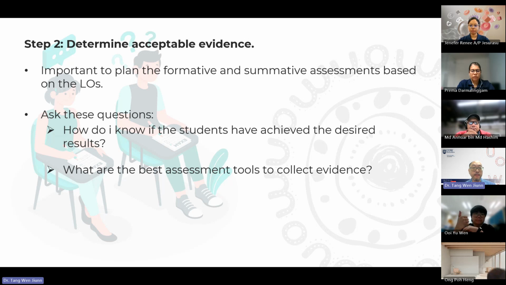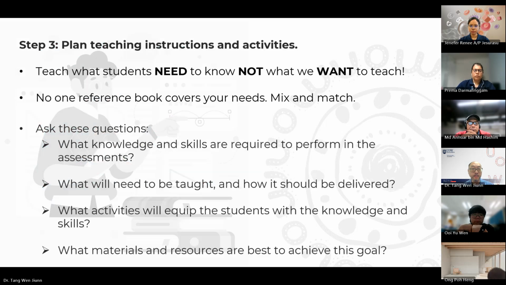All right. Okay. So over here, you can see that first, we plan what we want to deliver to students. Then the second step here is assessment. How do we measure the students' achievement of the LOs? Okay, what kind of questions we plan to ask them? Then only the last part, plan the teaching instructions and activities. Because we already set what we want the students to know and what we want to measure, when we plan our